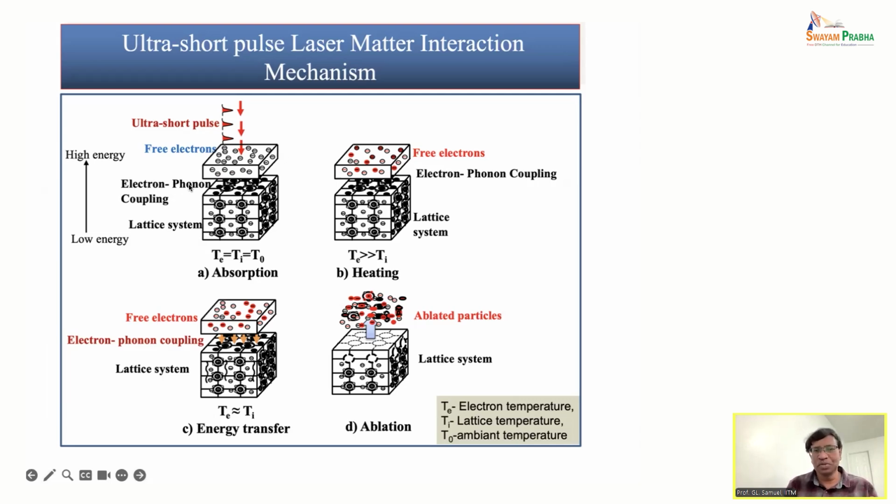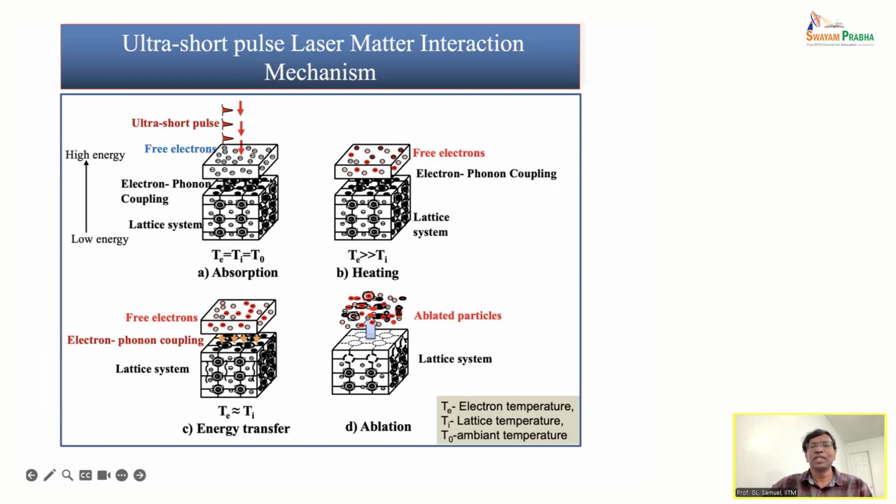So we have free electrons, a space lattice, and the electron phonon coupling, which is holding them together. If the electron phonon coupling is not enough, the free electrons will leave. Then the material gets eroded or removed. So in the normal way, when the energy is normal, the electron phonon coupling will be holding the